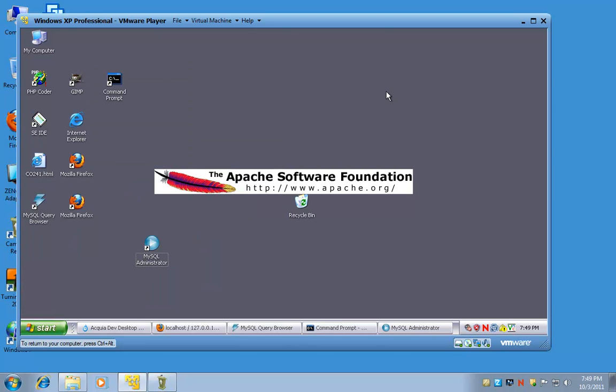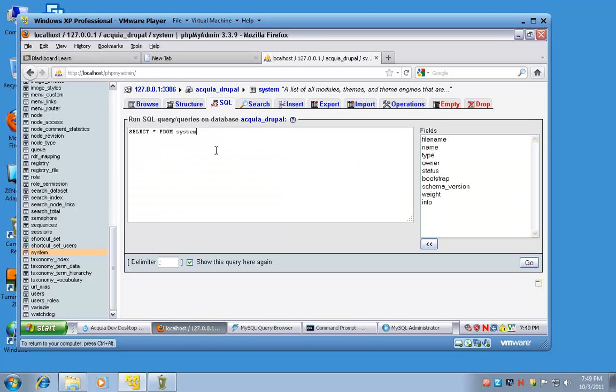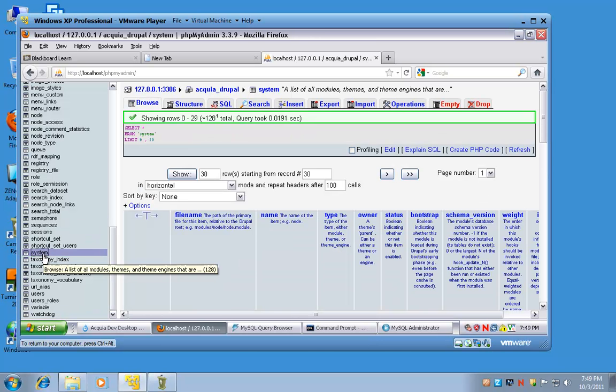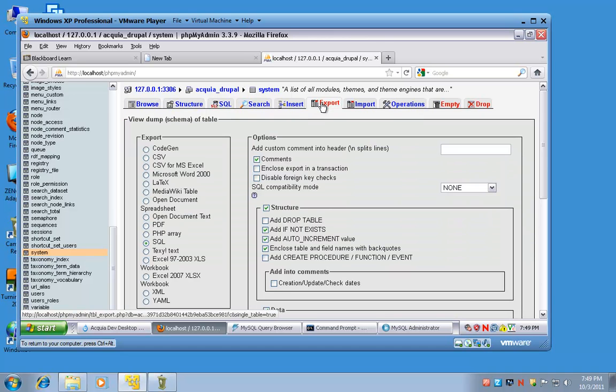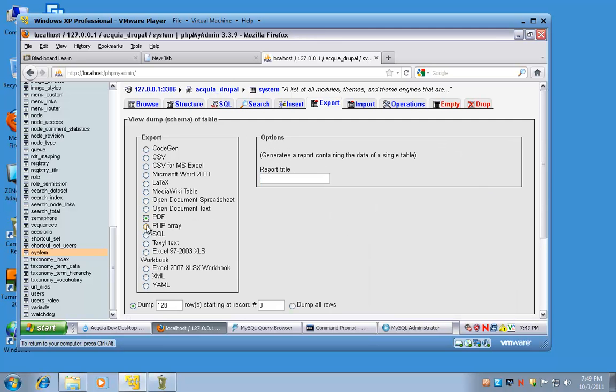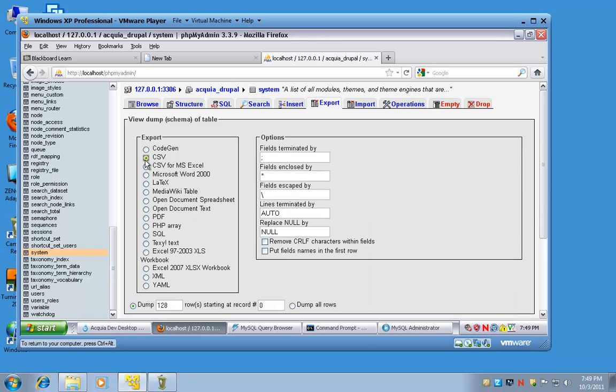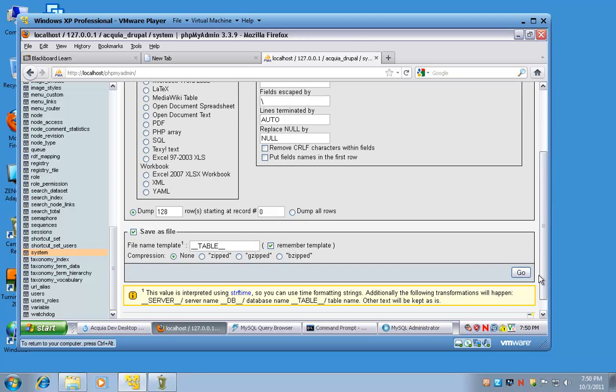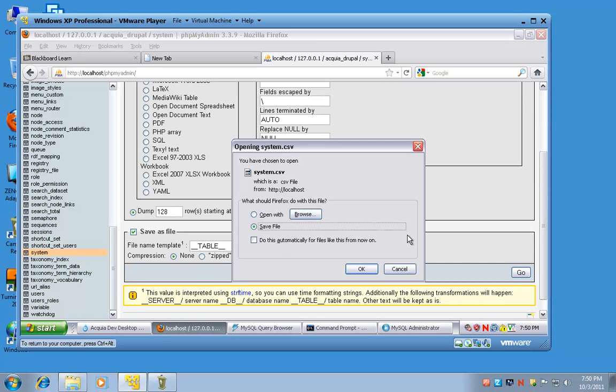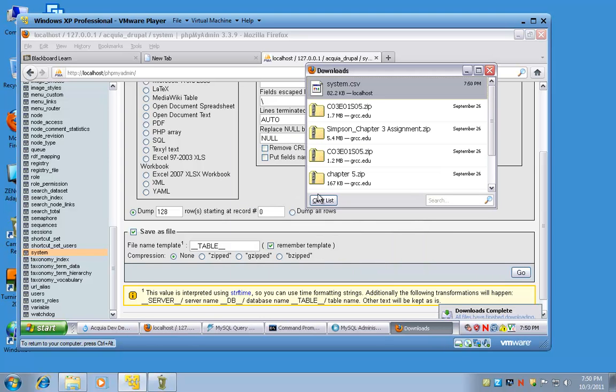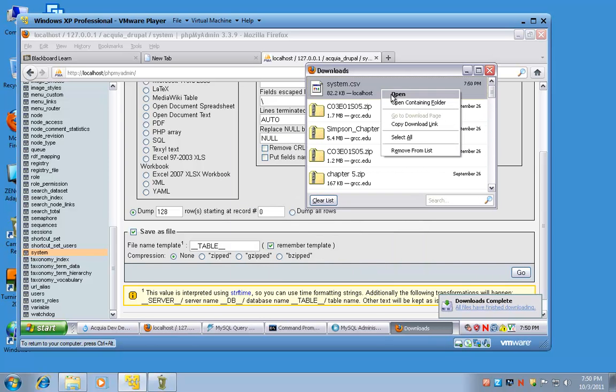Okay, I want to go back to phpMyAdmin just for a second and show you how, from a single table, you can go to the Export tab and export this particular data to a file, like a PDF file or a CSV file, which is really a text file, right? So when you say go, the data gets exported. You can write it somewhere, and then you can open the data